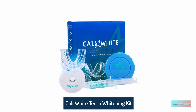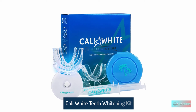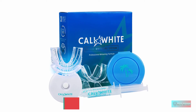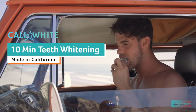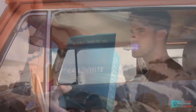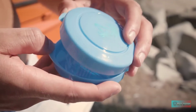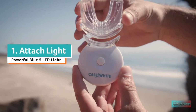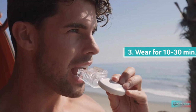Number 3. Cali White Teeth Whitening Kit with LED Light. While the end goal might be a brighter smile, it's just as important to feel good about the process that got you there. Luckily, this powerful whitening gel is not only strong enough to whiten your teeth at least 2 shades brighter in just 1 week, but it also uses a vegan, gluten-free, organic, and kosher formula that's free of